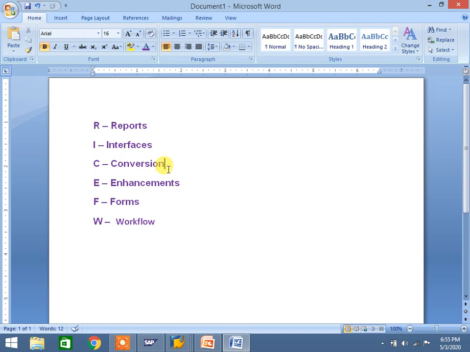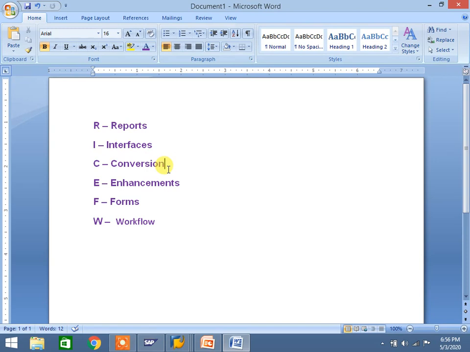Okay, enhancements. E is for enhancements. What are enhancements? SAP has given a 90% solution. Sometimes we need to go with enhancements. Some additional data they require is not available in the SAP system. That is called an enhancement.